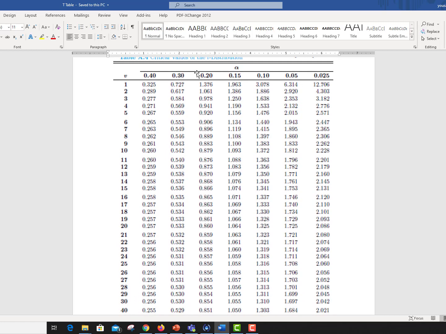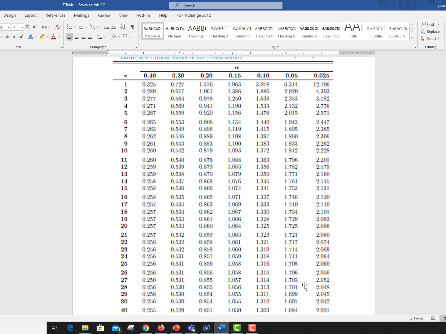And the first row shows the alpha value. So basically our alpha value is 0.05. If your alpha value is 2.5%, or let's suppose 10%, or 15%, for each level of significance you can find that value. So basically we are looking for 0.05 and the degree of freedom is 28. So 1.701. This will be the threshold, the bound of the acceptance region and rejected region.